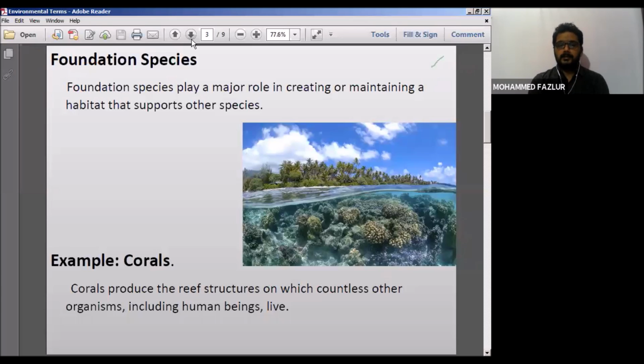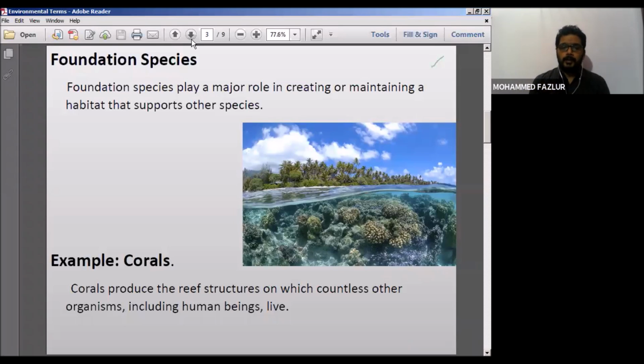I repeat, these are the species which are playing a very major, important role: foundation species. Because foundation is the starting step. Once this step is there, you can proceed to the next levels. In the same case, coral formation will lead to the formation of reefs. If the reefs continuously form, this will act as a bench so that other species can survive on these corals,